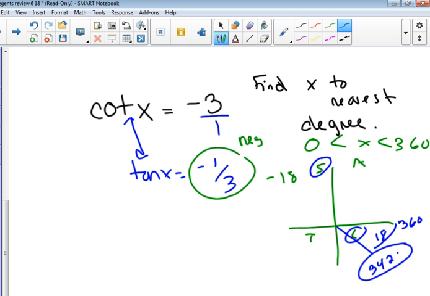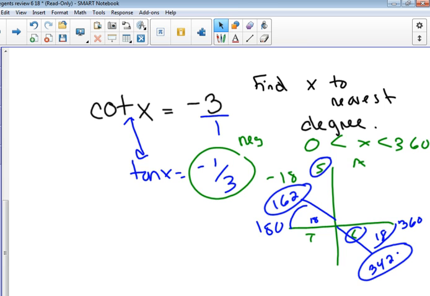Now, in the other quadrant, here's your 180, right? We would have to go back 18. So if you subtract 18 from 180, what would you get here? 162. Good. How is that one for you guys? Kind of catching on now with those reciprocal ones? Good. Okay. All right, everyone do a